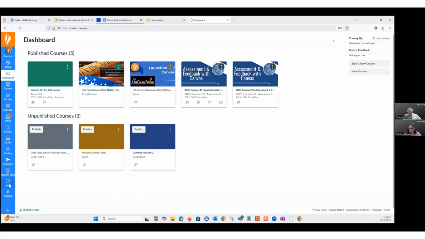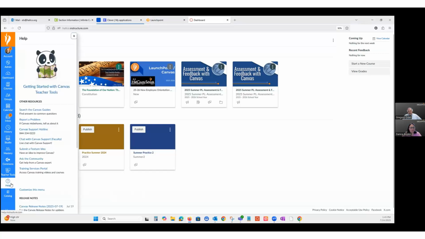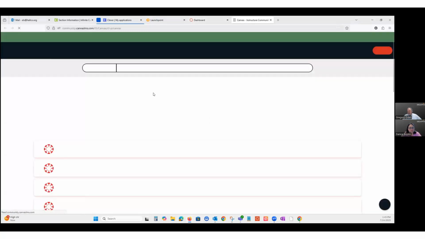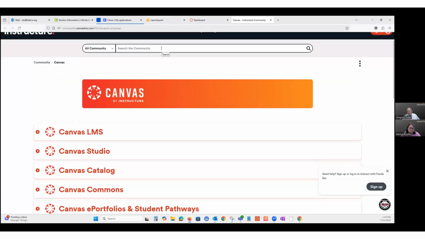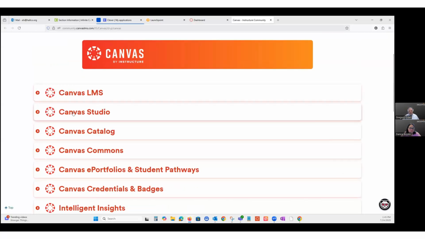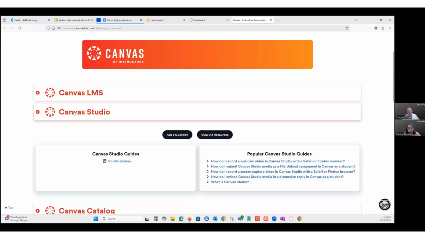All right, so if you're in Canvas and you need some help, you can click the help button that you see here in the bottom left. And sort of your first line of defense with support in Canvas is you can search the Canvas guides. So if you click that link, it's going to take you to their new looking support page. You can see they've had some rebranding over the summer. You can do a keyword search if you're looking for a specific feature, or if you want to learn about a certain product with Canvas, you can go ahead and click into that product and just look specifically at resources